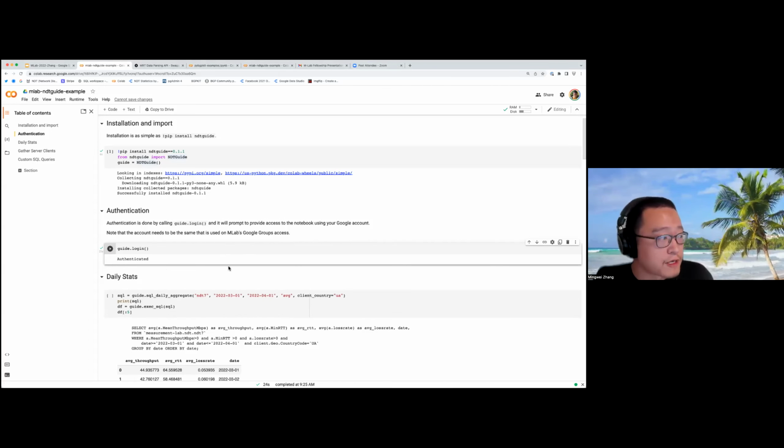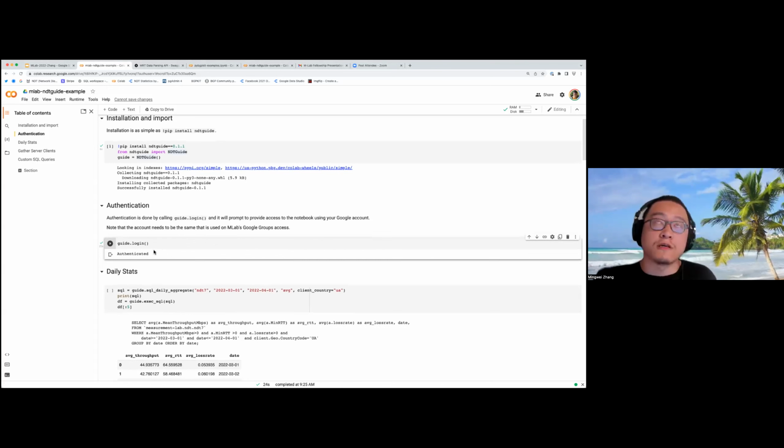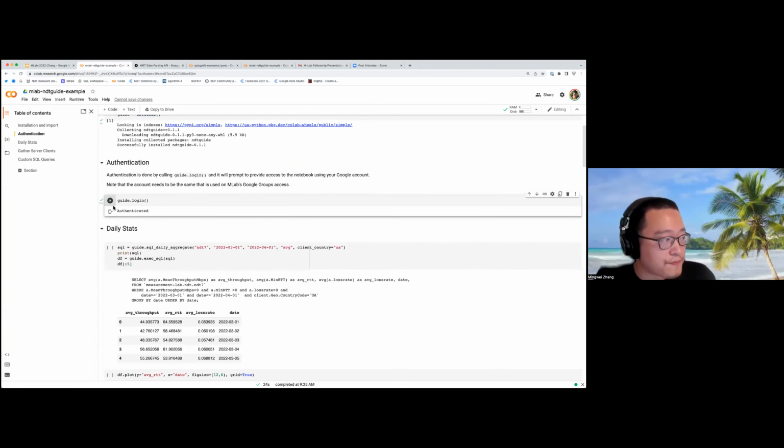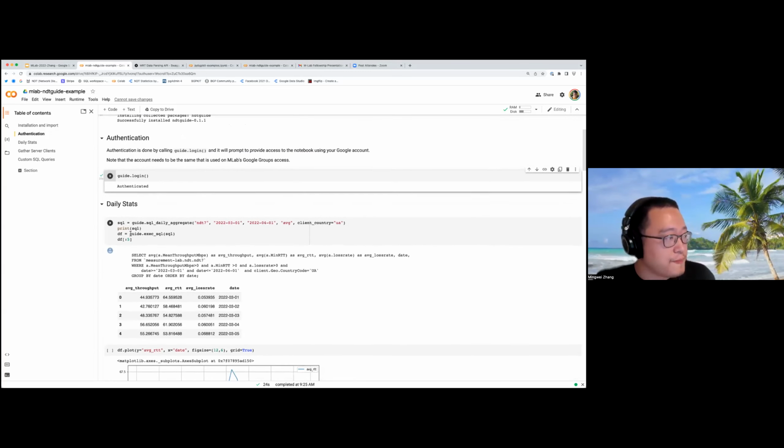It's basically doing two-factor authentication in a separate window. Once you're done with that, you authenticate with the Google account that is associated with, I think, the M-Lab Google groups. You should see this authenticated, and then your NDTGuide instance is ready to go.